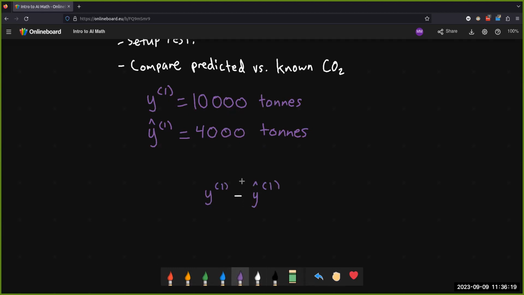That's the error. One of the issues is, okay, let's say that it didn't predict 4,000, it actually predicted 14,000. Now, if we try and measure error this way, then we're going to get 10,000 minus 14,000, you're going to get negative 4,000. And it's kind of weird because now you have a negative sign. Before, when this was 4,000, you didn't have a negative sign. So how do you compare these two things when they have different signs? How do you compare these numbers?